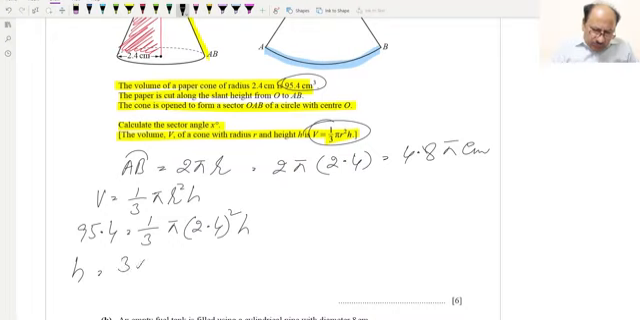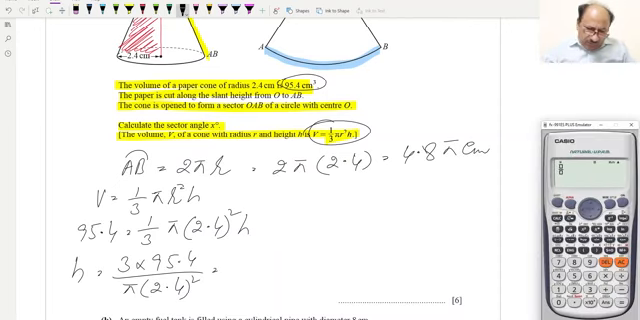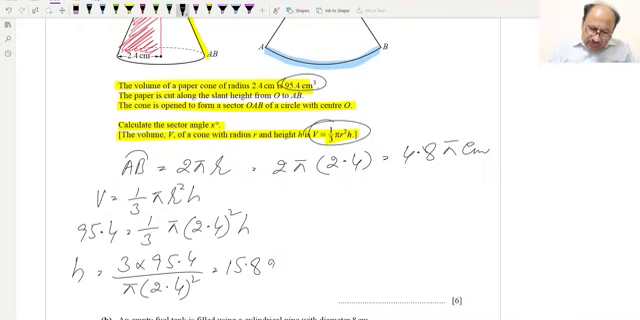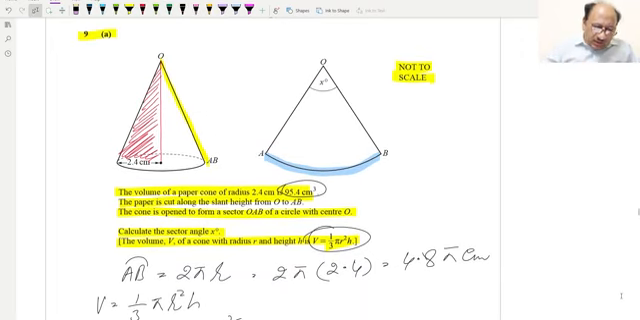We will shift to the other side, so 3 into 95.4, and this will be divided by π into 2.4 squared, and this will be equal to fraction 3 multiplied by 95.4 over π, and in brackets 2.4 squared, and this is equal to 15.82 up to 2 dp. We found this, and this is in centimeters. This is height. So we found this height, and keep in mind this is perpendicular height which we are writing here,